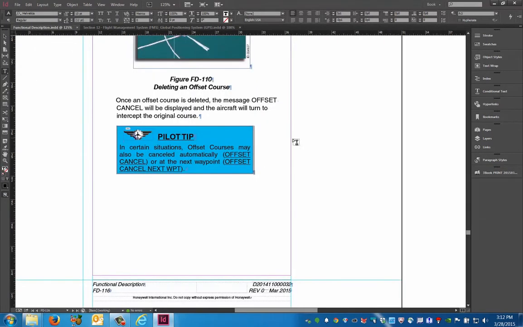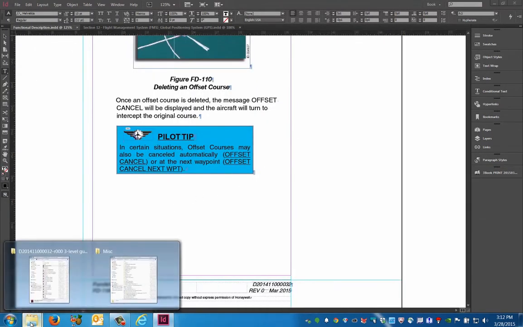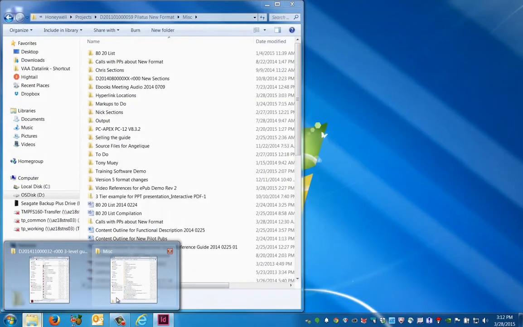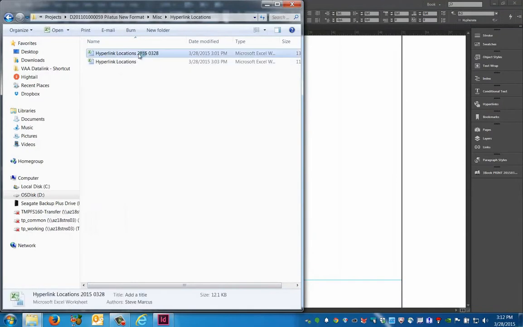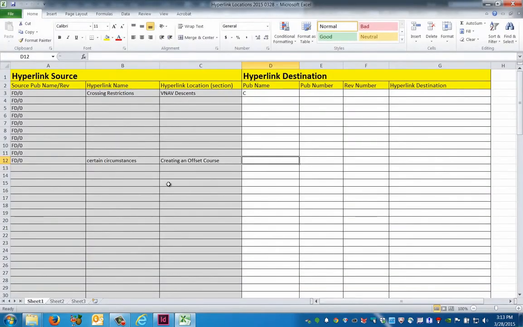So we create a list, a spreadsheet to help us keep track of the hyperlinks. In this case, hyperlink locations, and it's just a simple Excel spreadsheet. And as long as you log in a hyperlink every time you create one, we shouldn't run into that problem,